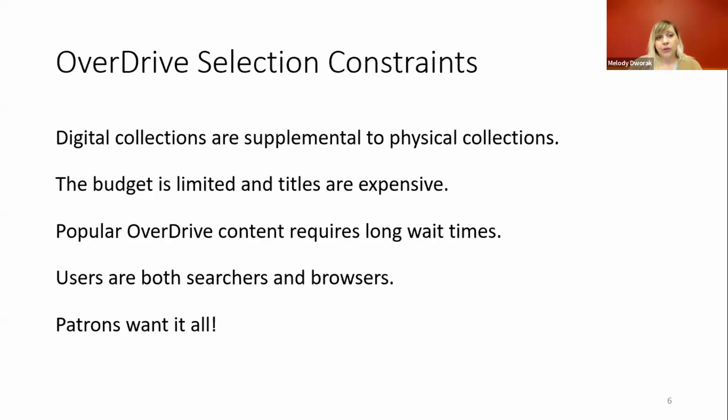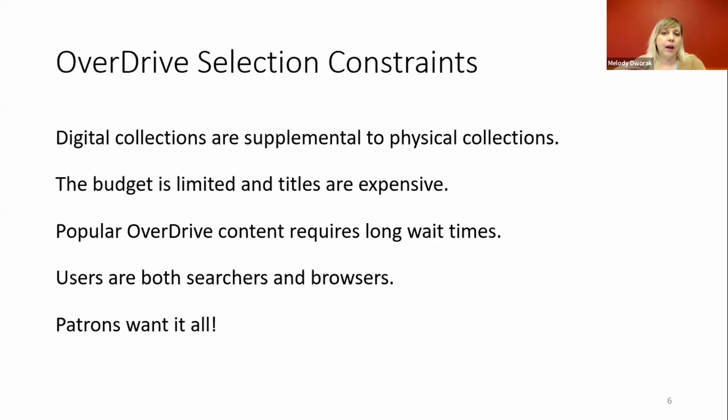But because these collections are expensive, we have more constraints on what I want to buy for this collection. And it's not like these are supply and demand products. A digital copy can serve thousands of people. And it's just why the publishers want to prevent librarians from sharing this widely unless we pay up for it. So that's always in my mind, like, is it us against publishers? Not quite, because we're all in the same game, but we do have to consider the cost as a major consideration for whether we'll buy a copy or not.